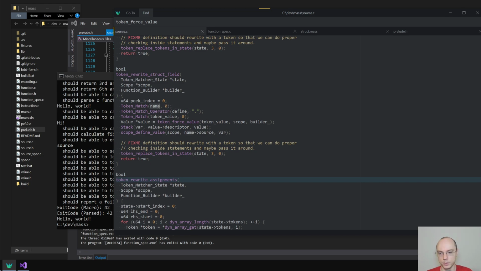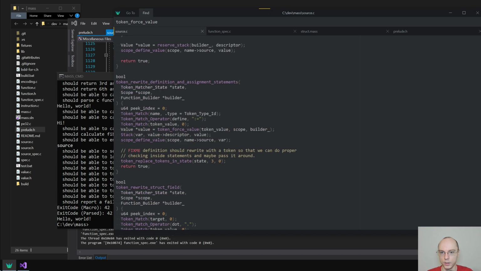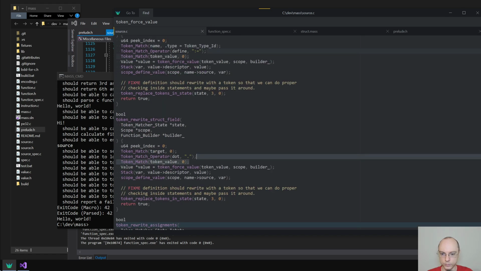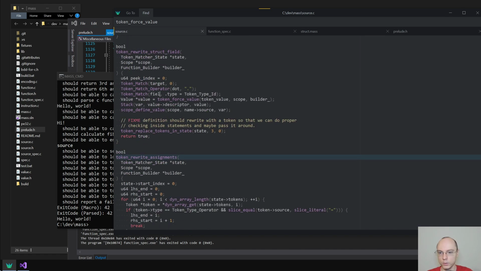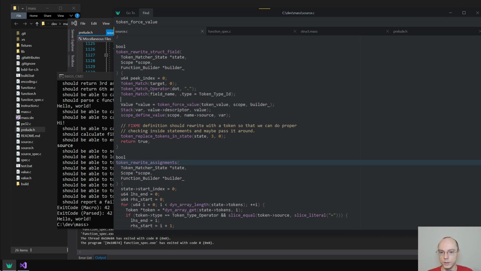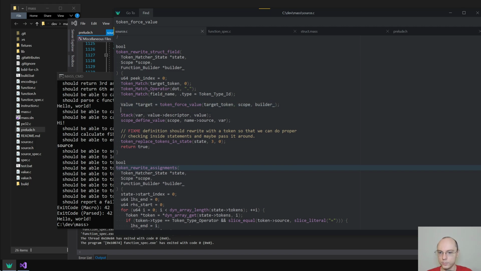So we want to have something like target, then dot, and then we expect an identifier. So like this. It would be field name. We force the target. Target token. And then